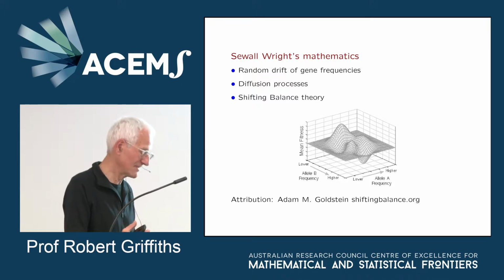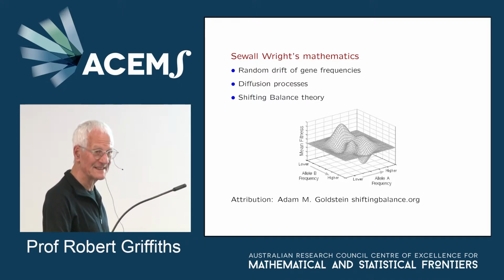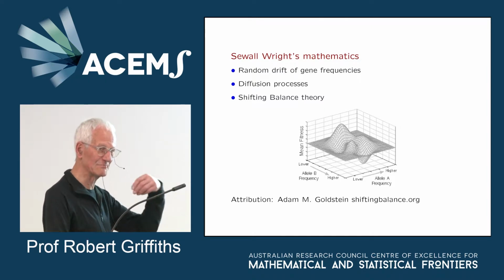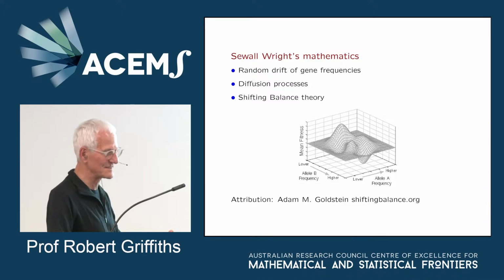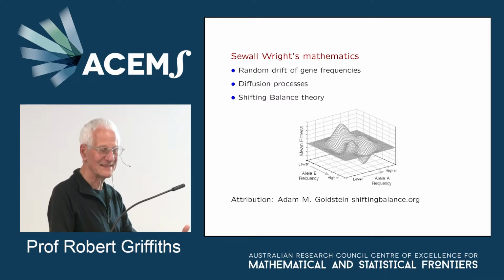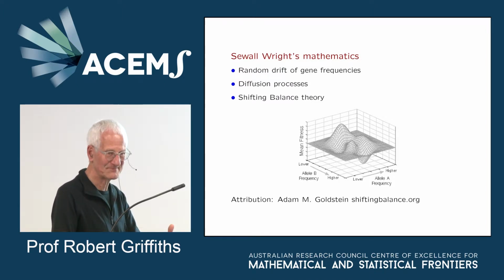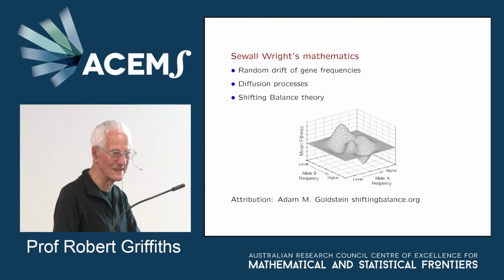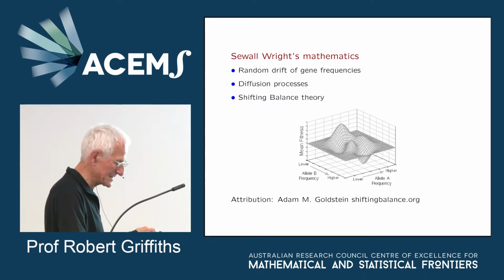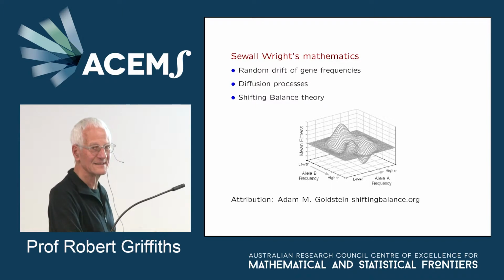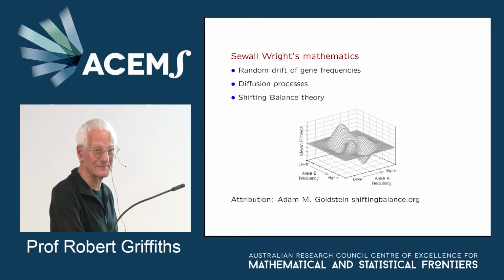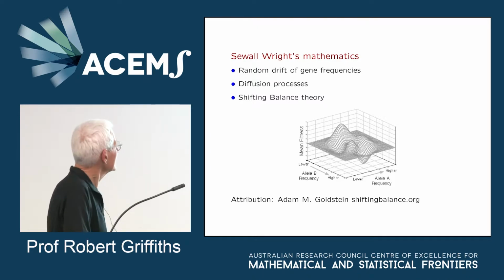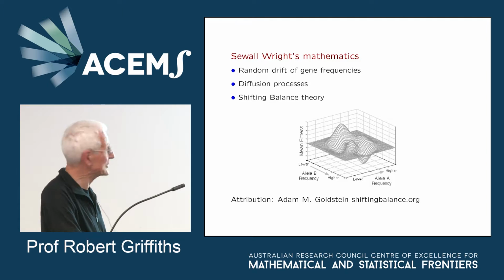So I suppose he was interested in gene frequencies in a spatial way, like those blood genes A and B, but he was also interested in just single populations where the gene frequencies just changed over time. They don't stay constant. They will vary quite a bit in a random way. And so he was very interested in quantifying that. He worked on diffusion processes, one of the early people who did some work on that. And we'll see later more about diffusion processes.